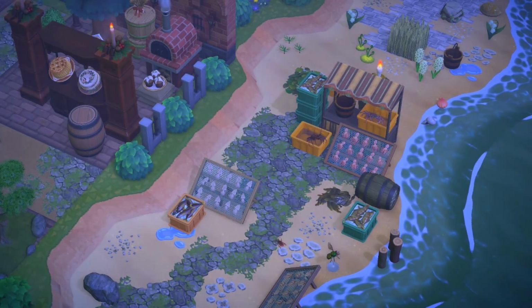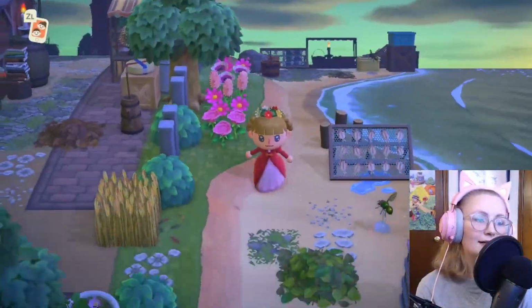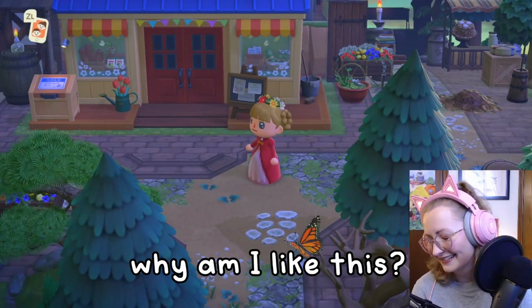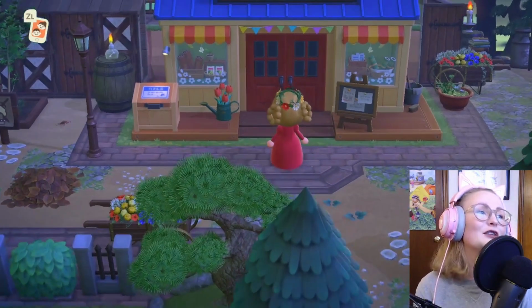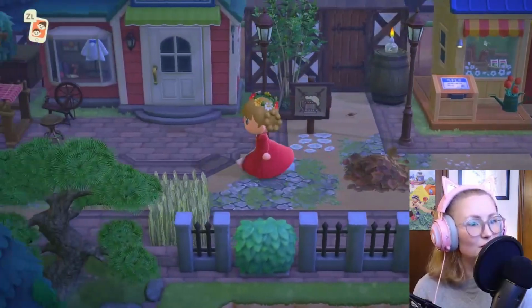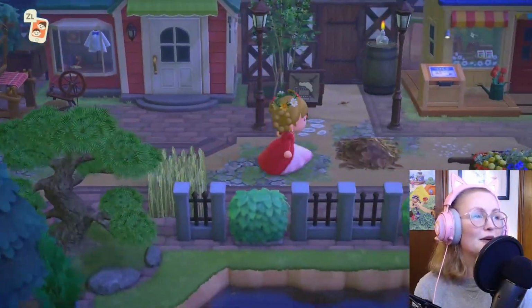We also have a little fishing beach, and even farther up from that fishing beach, we have a little area that the fishermen are selling what they've caught as well. Back down over here. Shopping district. What? Market shopping district. So we have Nook's Cranny over here with Able Sisters right beside it. Just a little bit of decoration outside of Able Sisters. But in the middle,